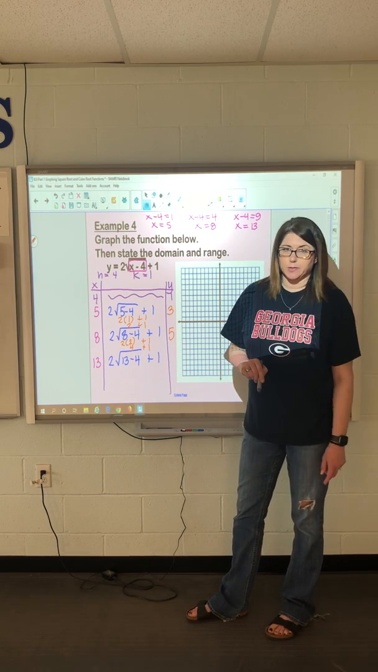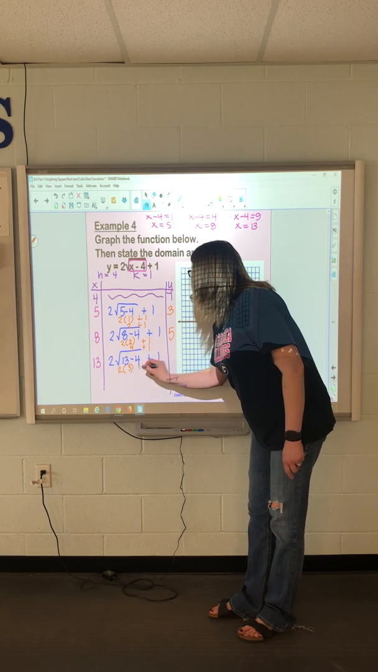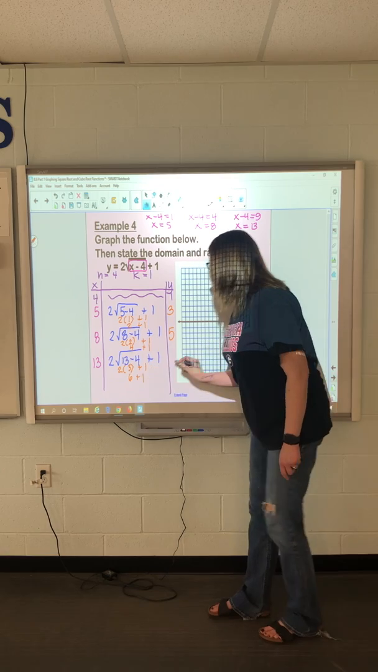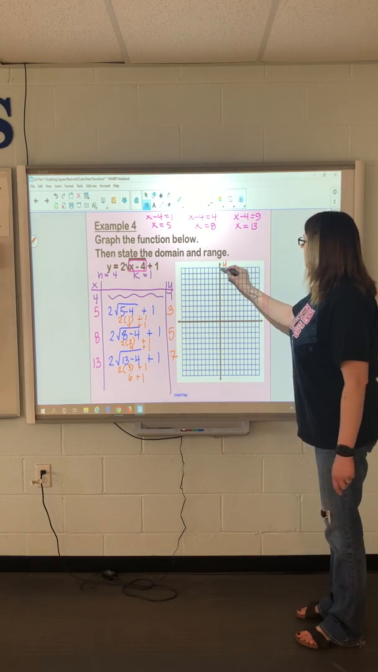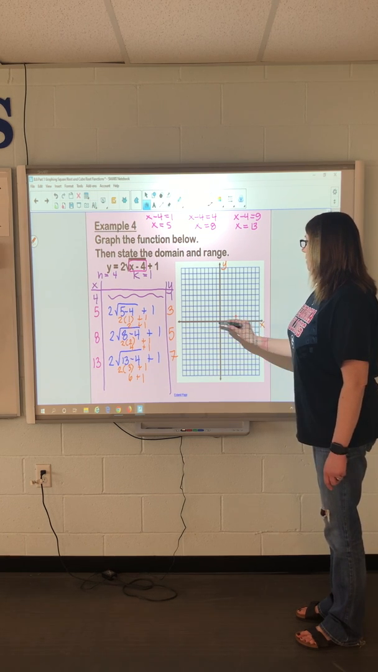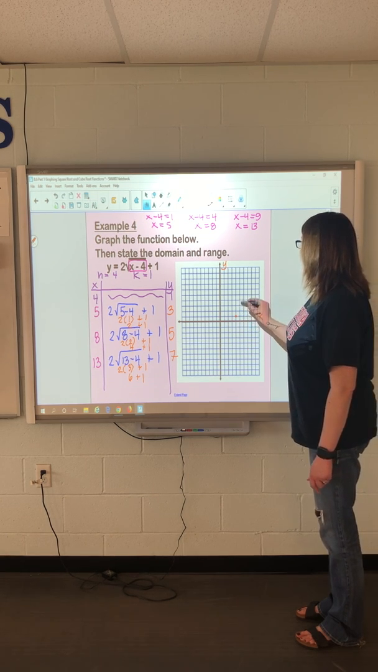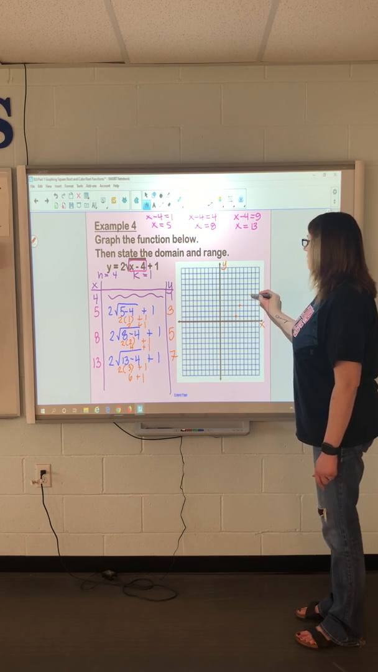And then last one, 13 minus 4 is 9. Square root of 9 is 3. 2 times 3 is 6, and 6 plus 1 is 7. So let's plot our points. We have (4, 1), (5, 3), (8, 5), (13,